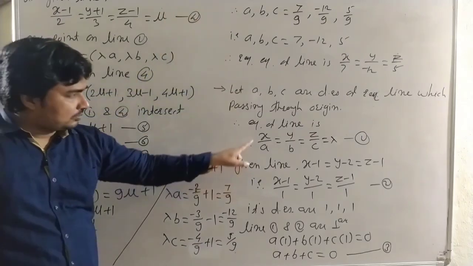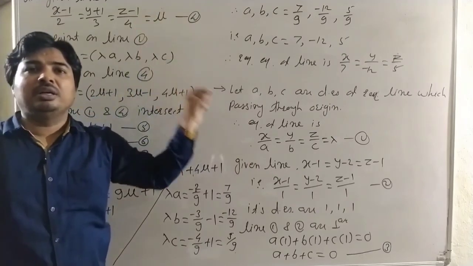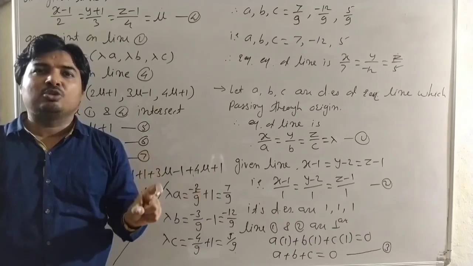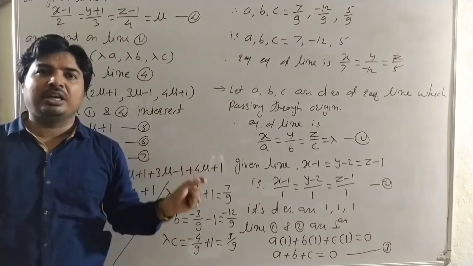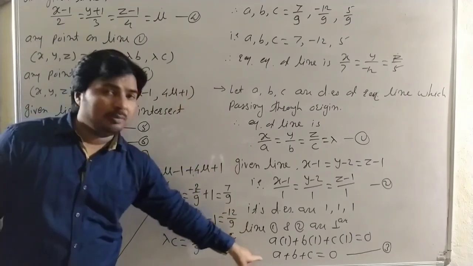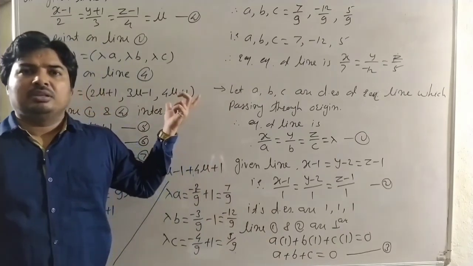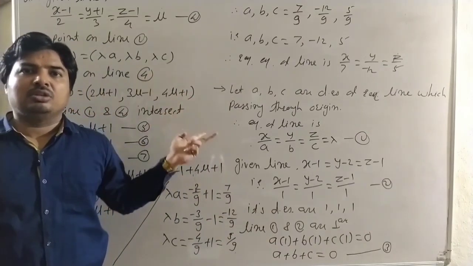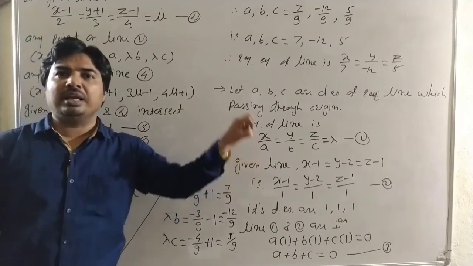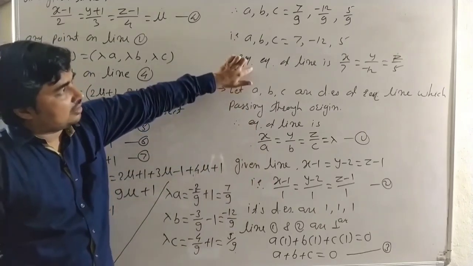The other method is to intersect line 1 and 4. So we can use the condition of intersecting lines, that is the determinant of x2 minus x1, y2 minus y1, z2 minus z1, a1, b1, c1, and a2, b2, c2 is 0. Then we get one relation in a, b, and c, and using this relation and the obtained determinant relation, we get the numbers proportional to a, b, and c, and those are the direction ratios. And this is the equation. Okay, it is the last answer. See carefully.